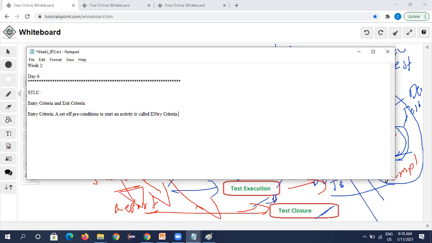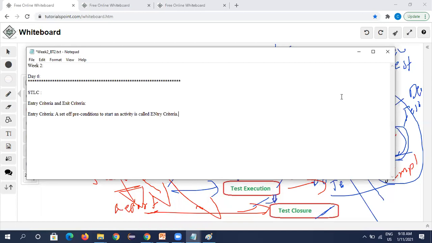Before starting, we need to have some knowledge, we need to have some documents to start the work, right? So that is called entry criteria of the document. For example, in the requirement analysis phase, the entry criteria should be documents: SRS, BRS, FRS.